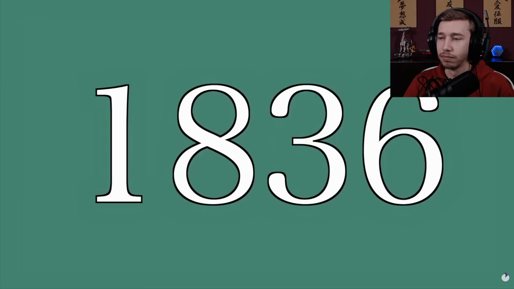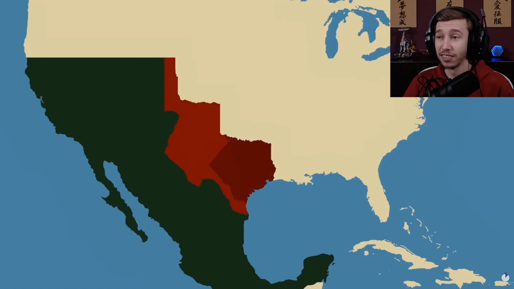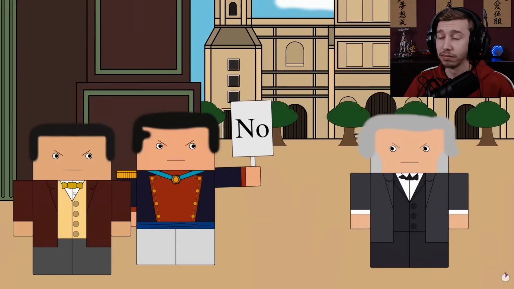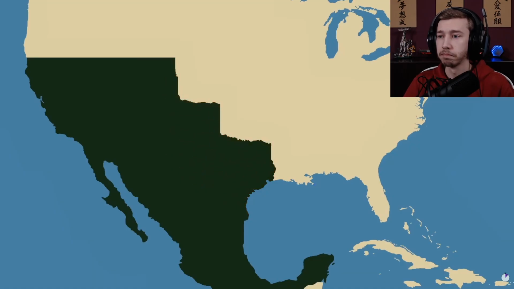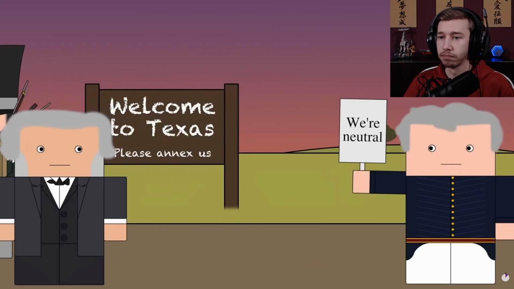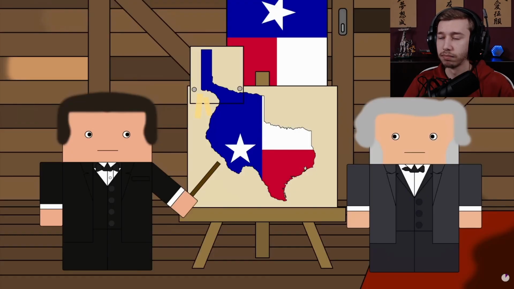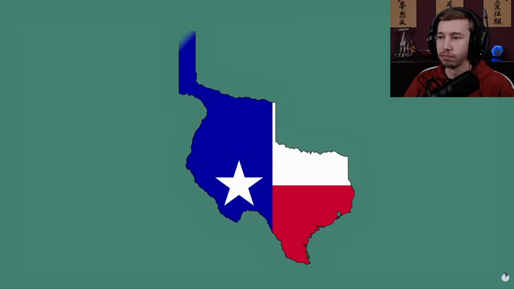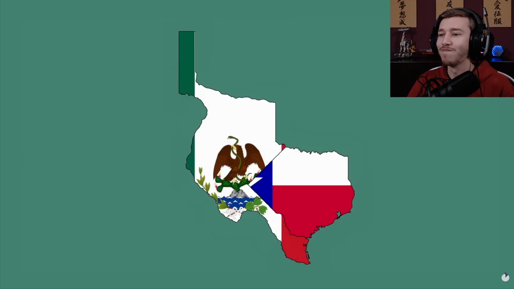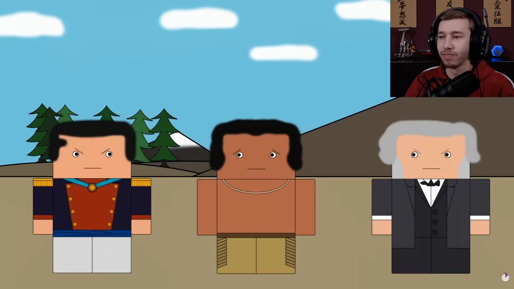So in 1836, Texas won its independence from Mexico after a short war. Mexico didn't really accept this independence, but there was little they could do about returning Texas to the fold given all of the unofficial help that the United States had given it during the war. The brand new Republic of Texas claimed all of this territory, but only really had firm control over this. That doesn't mean Mexico controlled it. In fact, most of it was controlled by the Comanche tribe, but nobody recognized their claim to anything.